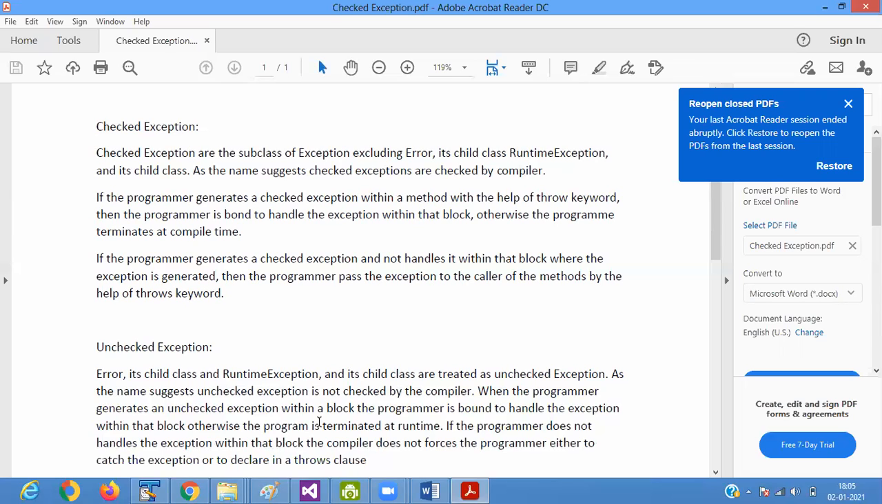If the programmer generated a checked exception and does not handle it within that block, अगर उस ब्लॉक में, जिस ब्लॉक में वो एक्सेप्शन जनरेट कर रहा है, अगर उसी ब्लॉक में उसको हैंडल नहीं कर रहा है, then the programmer passes the exception to the caller of the method by using the throws keyword. ओके, तो यहां पर क्या होगा, आप मेथड में अनचेक्ड एक्सेप्शन डिफाइन करोगे, तो मेथड कहां पर कॉल होता है, यूजर डिफाइंड मेथड कहां पर कॉल होता है. आप जो मेथड बना रहे हो वो कहां पर कॉल होगा,